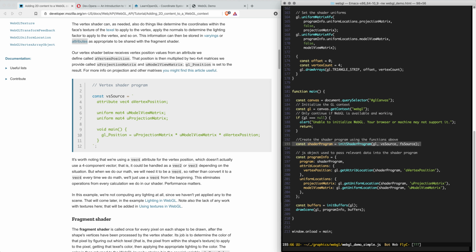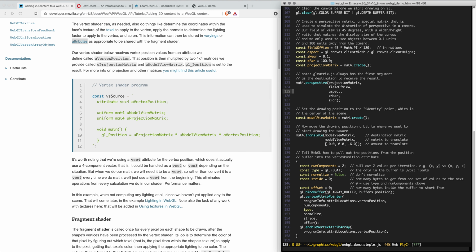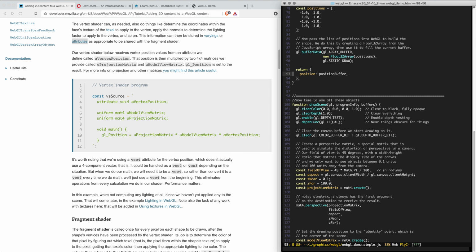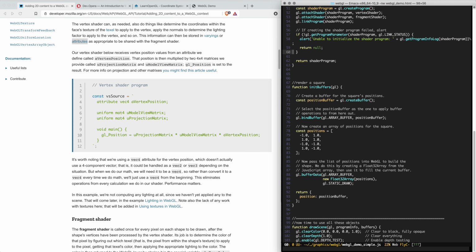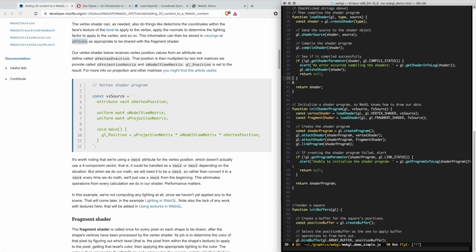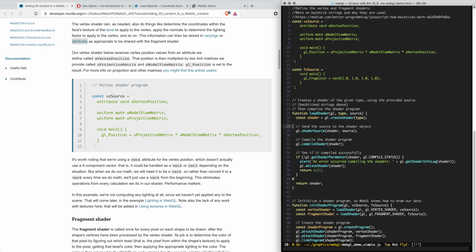That's the first thing that actually does stuff with our shader code. InitShaderProgram, and if we look at that, and that's here, the first thing it does is call loadShader, and that's where we are, right? So the first actual function, doing the stack trace as it were,